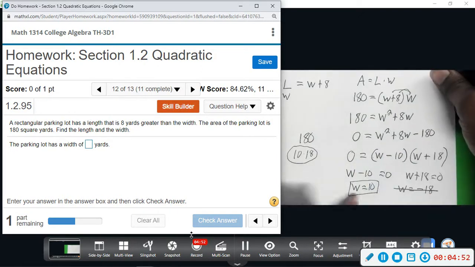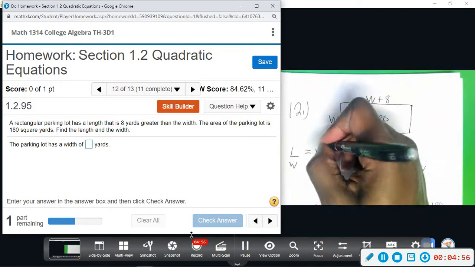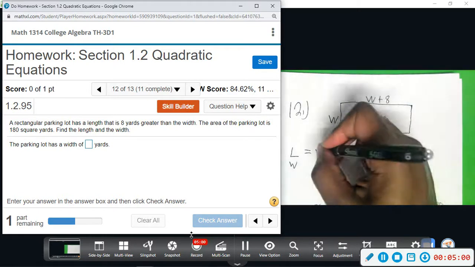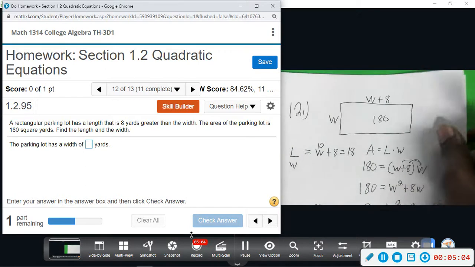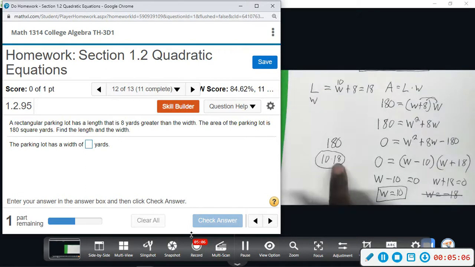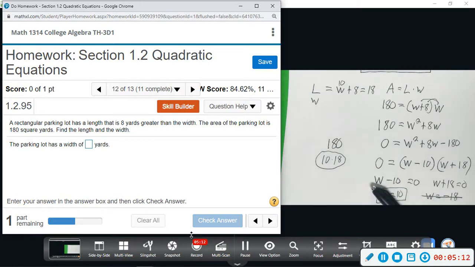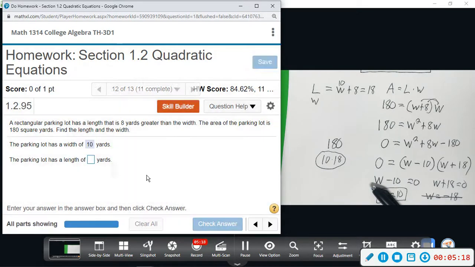And if we plug in 10 right here, length is W plus 8, so that gives us 18. So essentially it is that other factor that we came up with, but you do need to go through that process. So the parking lot has a width of 10 and a